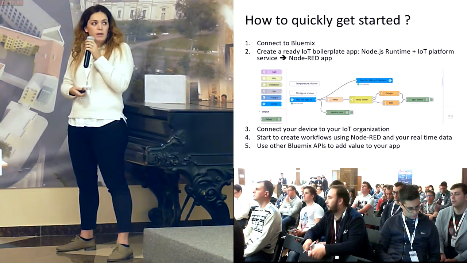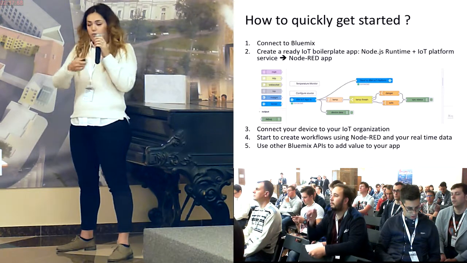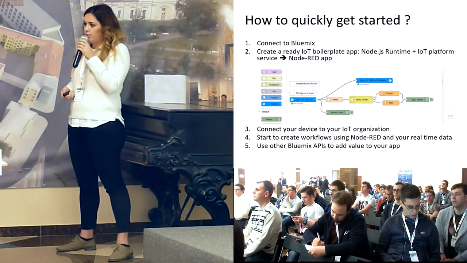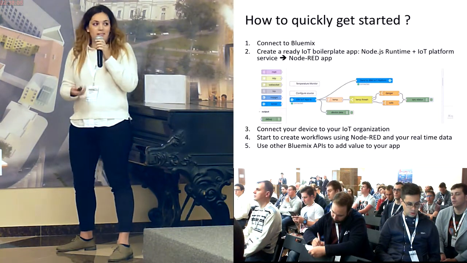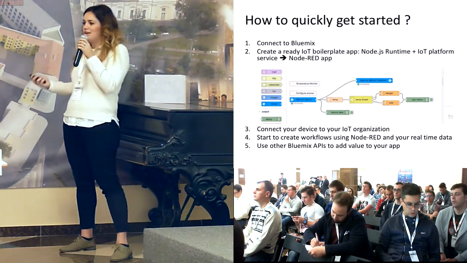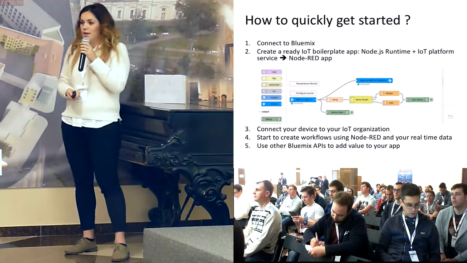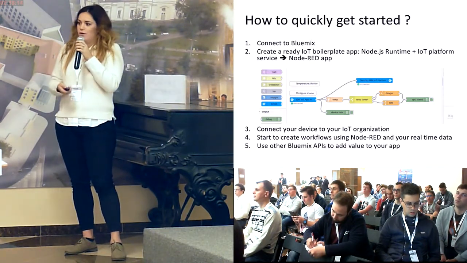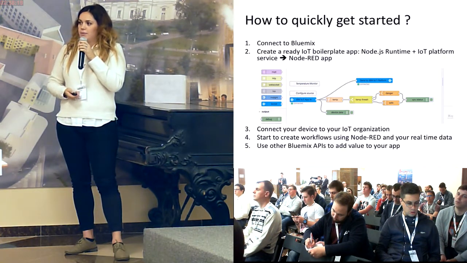And at IBM, we have a lot of nodes for the different services and APIs we have, including the Watson IoT platform. So the easiest way to connect to the IoT platform is to use the Node-RED tool. But it's not just IBM. You have Google Maps APIs. You have a lot of different external and third-party APIs available as a node.